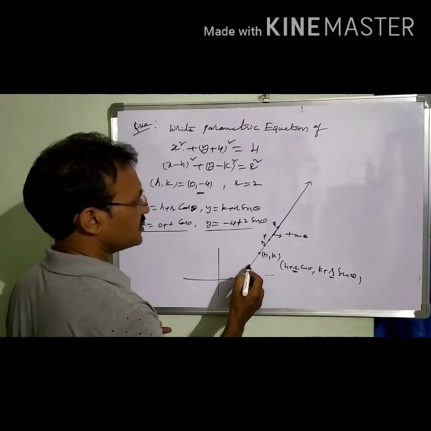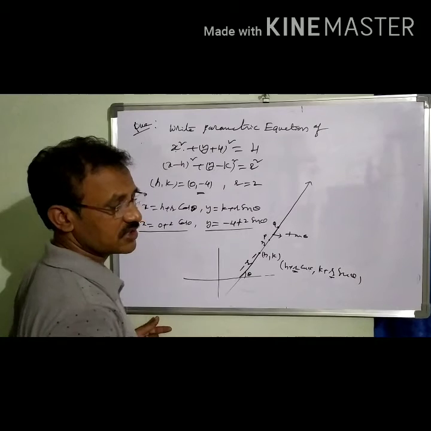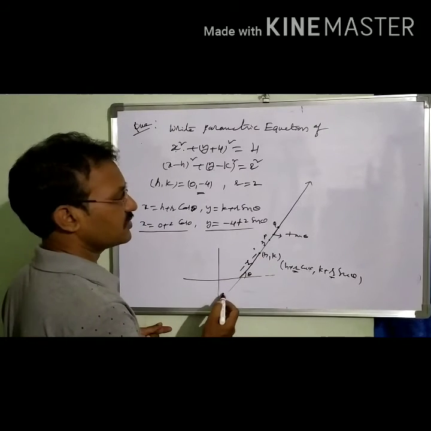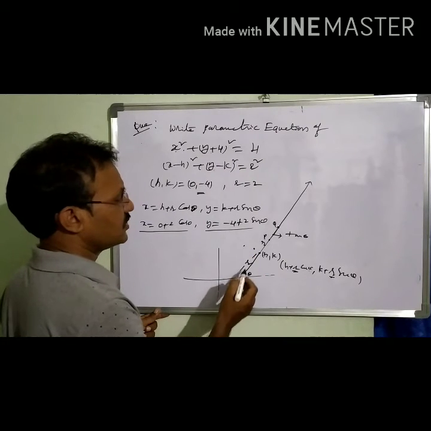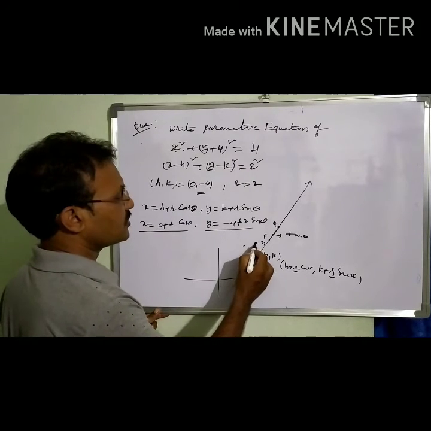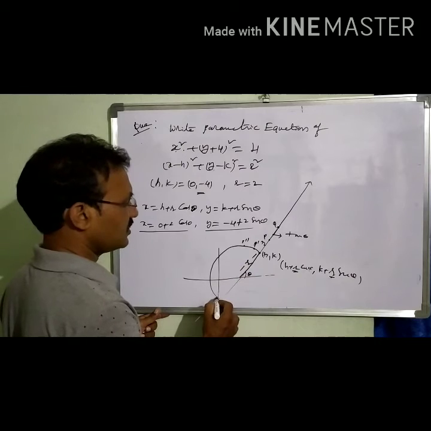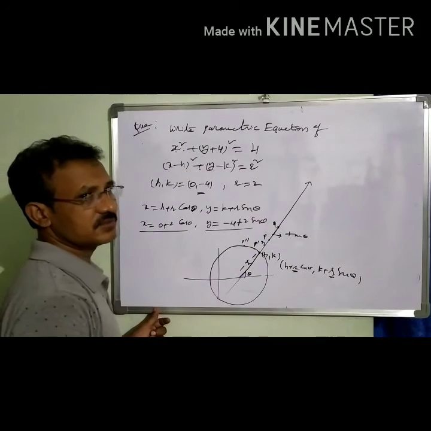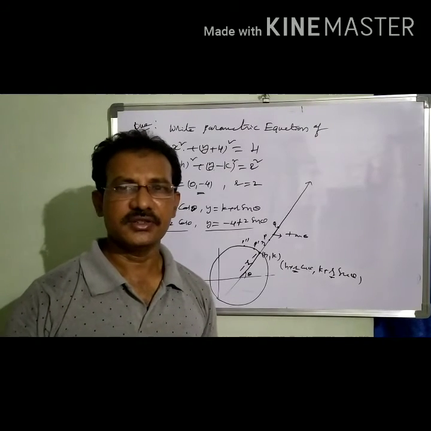This distance is not changed. Here this is the fixed distance in that case, and theta is changing. When theta is changed and r is fixed, then we get a point here. When theta is fixed and r is changed, we get some point here. So we are getting all the points P dash, P double dash and so on in this manner. When theta is changing, we are getting a circle. When r is changing, we are getting a line equation. Understand? That is the difference between the parameters of a circle and a line.